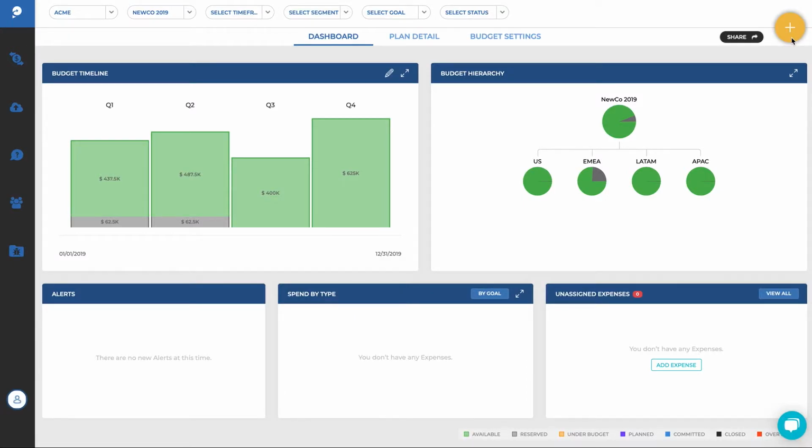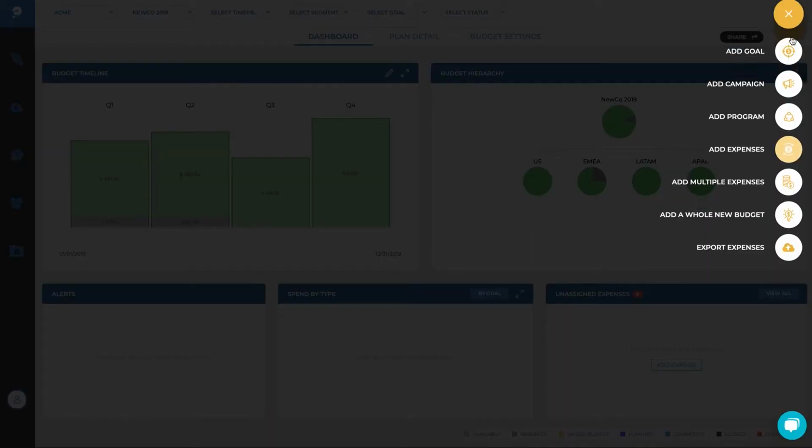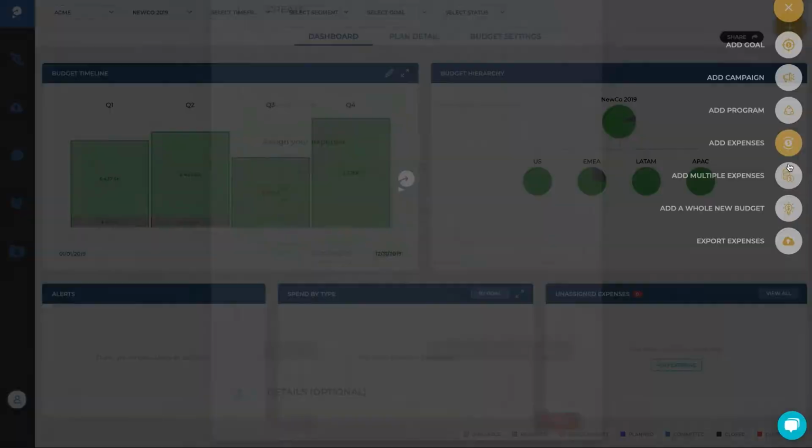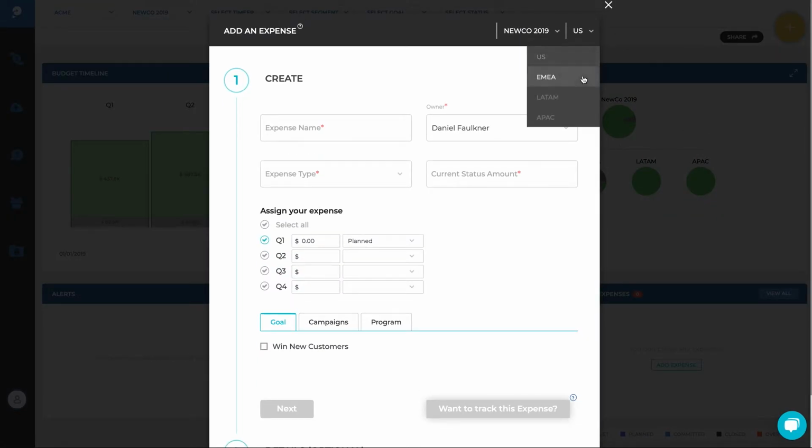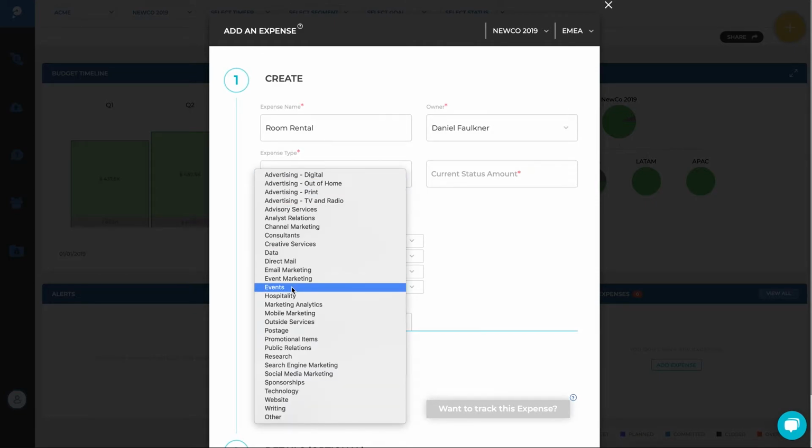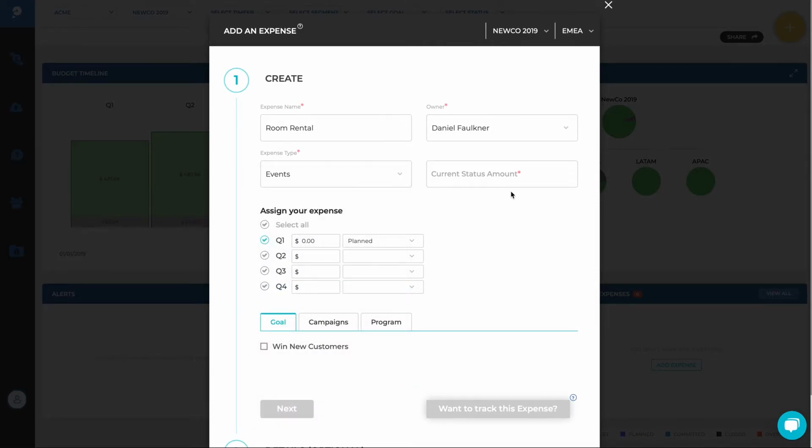To add an expense, I come to my yellow plus sign and I select Add Expense. It's going to come out of my EMEA segment. And as part of my awareness campaign, I'm going to do a meeting at a hotel for some customers, and that's going to go as an event, and it's going to cost me